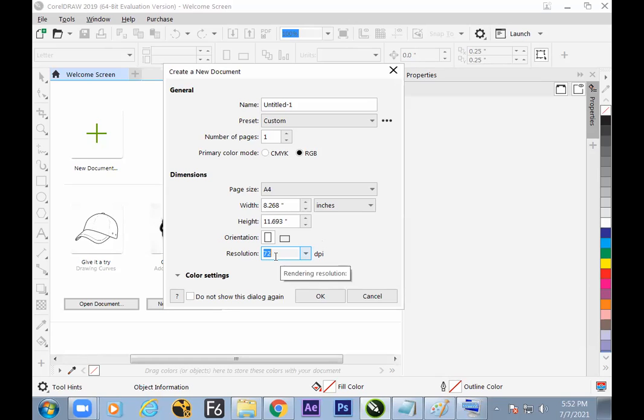What should be the minimum resolution? Because this is the second time you are learning, that's why I took the initiative. 72 is the minimum resolution for your screen presentation. But if you are going for print, yes, 300 has to be there. So hope we got to know the minimum resolution to be taken. 72 is for screen presentation. Screen means mobile, computer, television, film, video, everything. And if it is to go for print, then 300. And then color profile, sizes, unit setup and orientation are done.